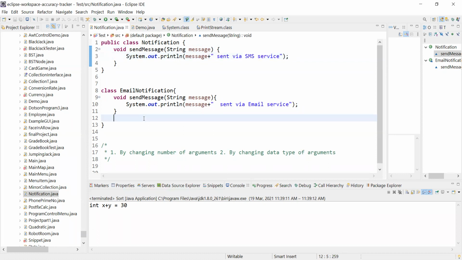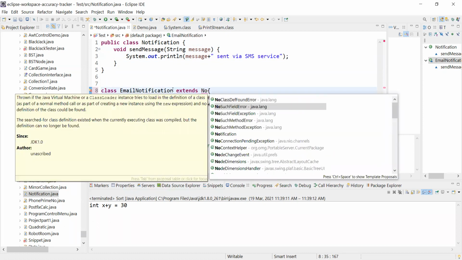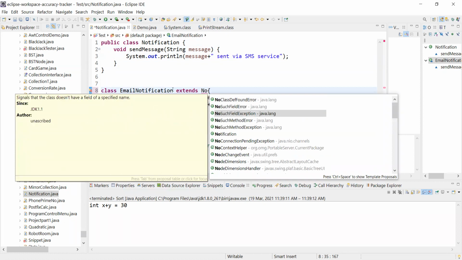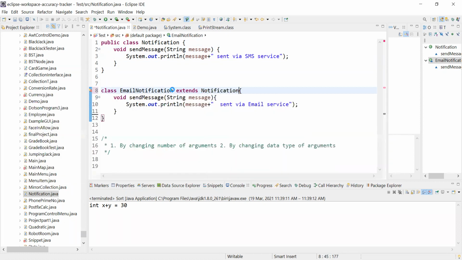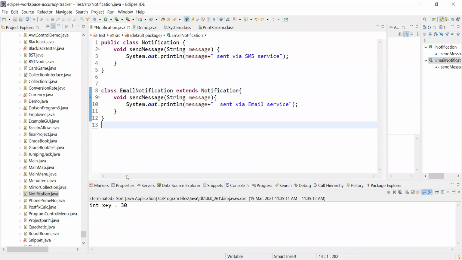So we can override the method by extending Notification. First of all, we need to extend the class, because overriding happens between parent and child classes. Getting my point?